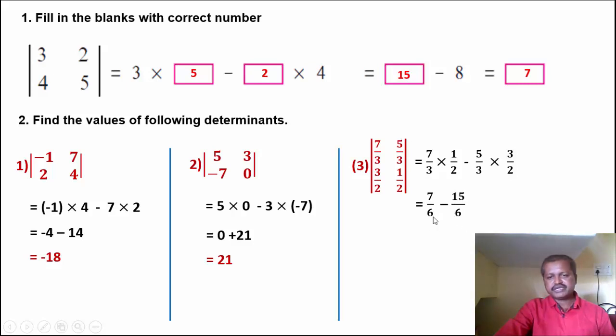So right here 7 upon 6 minus 15 upon 6. In these two terms the denominator is the same, so we write directly 7 minus 15 upon 6. Simplify 7 minus 15, it is minus 8 upon 6, and solving this, we get minus 4 upon 3. म्हणजे आपण ह्या तीन एक्झाम्पलच्या सहाय्याने डिटर्मिनंट कसा सोडवायचा आहे ते पाहिलं. नाउ वी सॉल्व हियर नेक्स्ट क्वेश्चन.